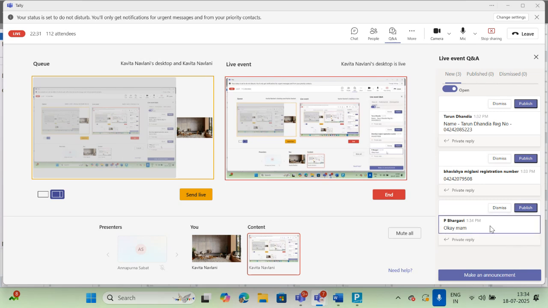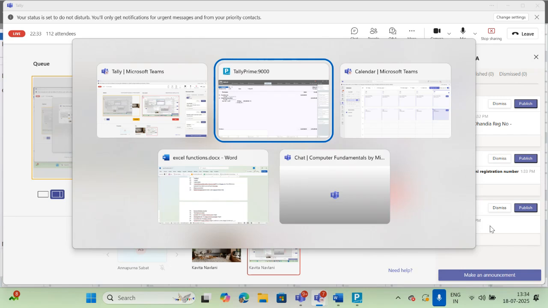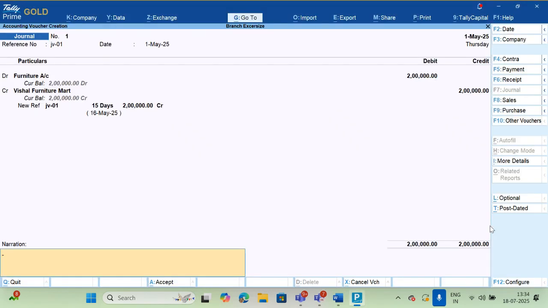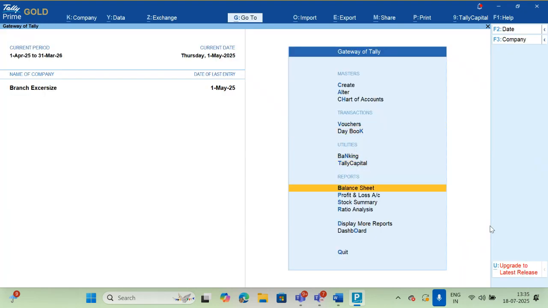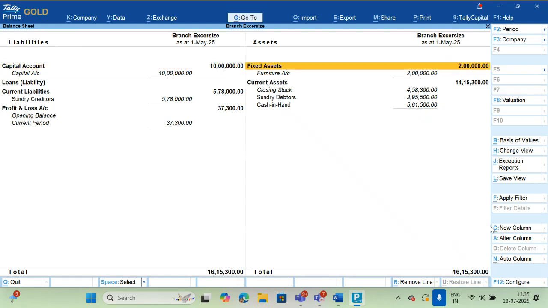Please answer. How did I pass the entry? First, I created the furniture account. Next, I created Vishal Furniture Mart under the sundry creditor. Then I passed one JV entry because this is not with cash; this is on credit. Now you can check the furniture, it reflects in your balance sheet. The creditor also reflects in your